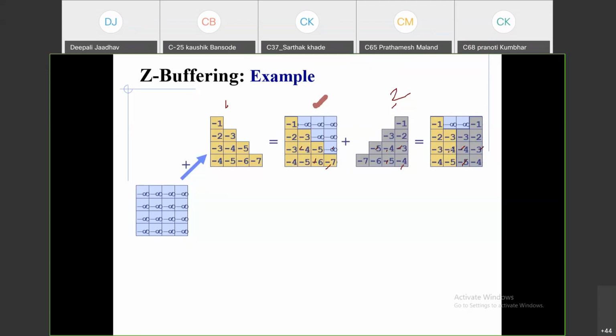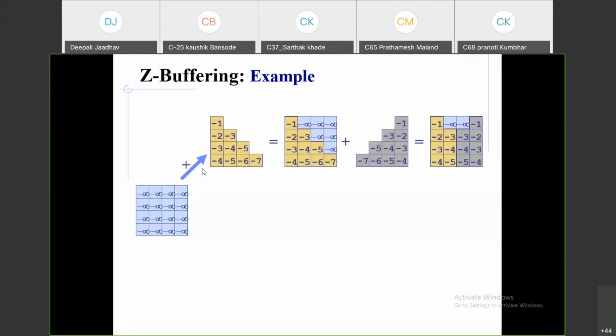So the yellow polygon value you can see here. So minus 4 is stored. Next, this one compared with this one, the largest is minus 2. This one compared with this one, largest is minus 3. This one compared with this one, this one largest is minus 1. Now these two remain as it is, the background value, because no surface covers that pixel. So as it is, it remains the background value.